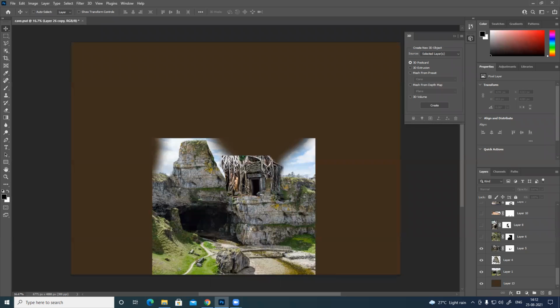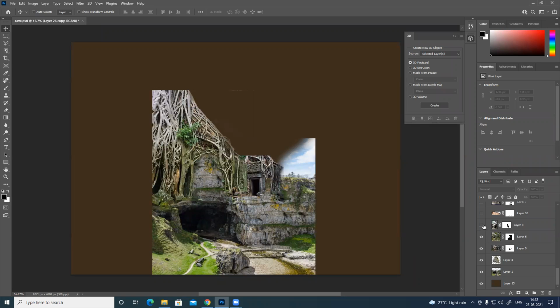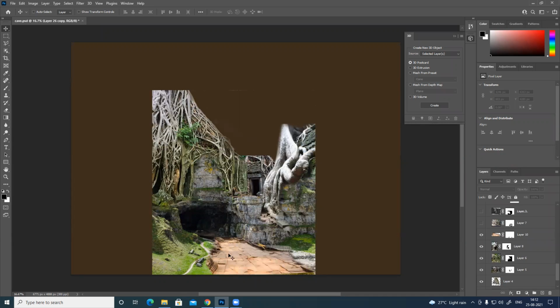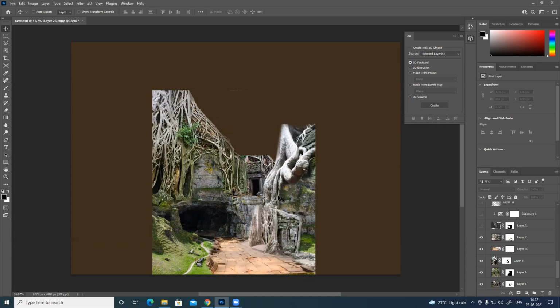Then I added some Angkor Wat, which I guess all of you already know. I used some photos and blended them. I wanted to make it a little ancient, old, with overgrown foliage all over the place. So I added more foliage, more roots, changed the path, and then extended this because it cannot finish abruptly.